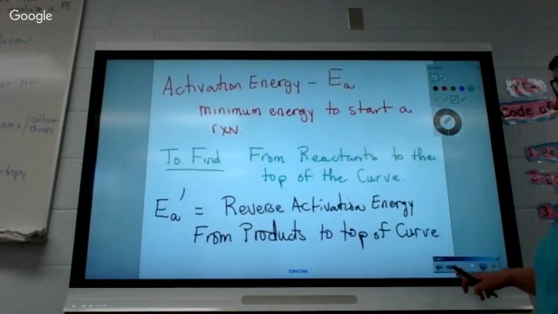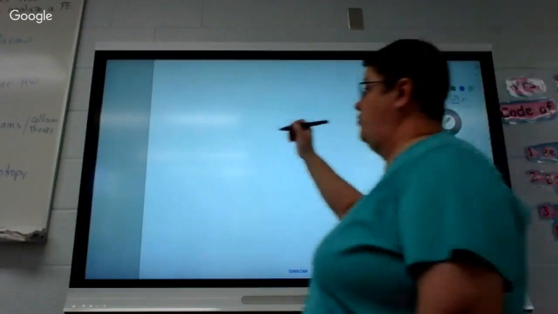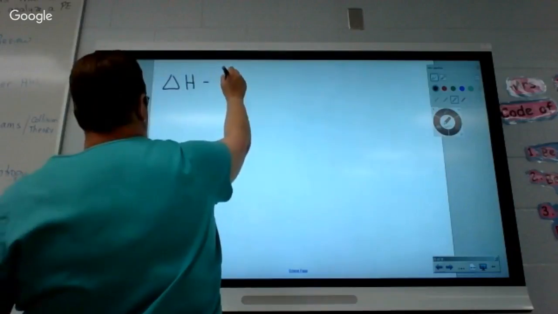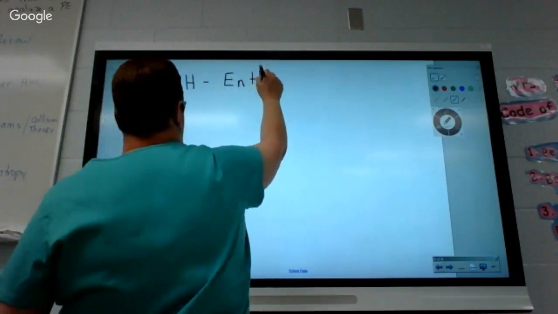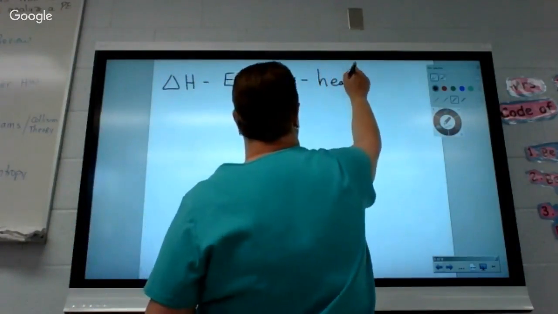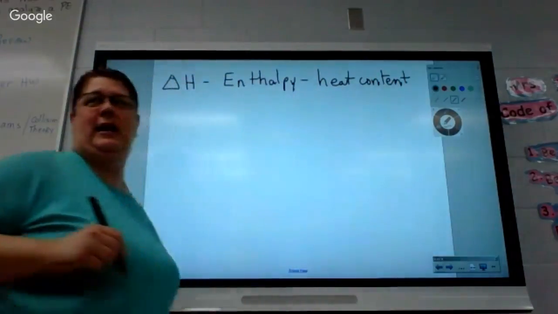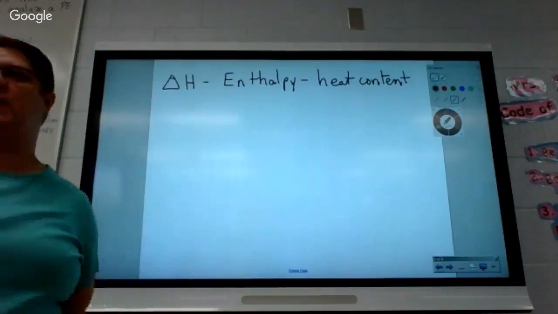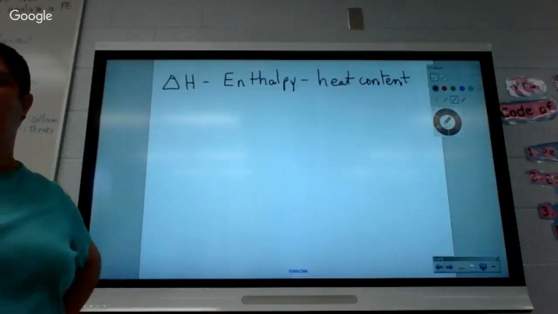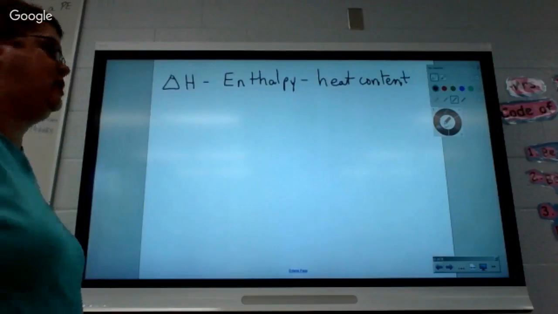The most important thing on the graph you have to be able to find, which goes with our last topic that we'll probably wind up working with today, that'll drive y'all cuckoo. All right, is delta H. Delta H is called enthalpy. Enthalpy is heat content. Now, you remember when we talked about Q and I told you there wouldn't be any negative numbers and we'd get to negative numbers at the end of the year? We're there. All right, delta H is where we get positive and negative numbers. Q never gets positive and negative numbers. We only do that with delta H.